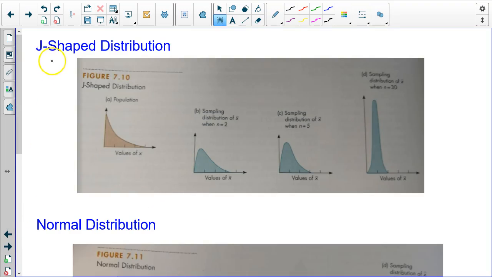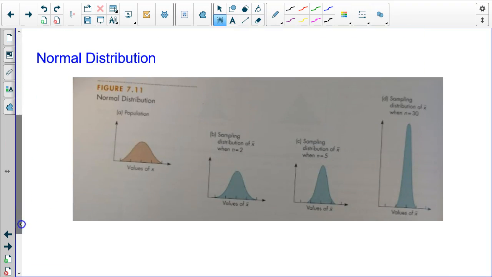All right, if the parent distribution is J-shaped, clearly when we take a small sample, it's not normal, right? Again, we have to get a bigger sample before it starts to be more normal. And then if the parent